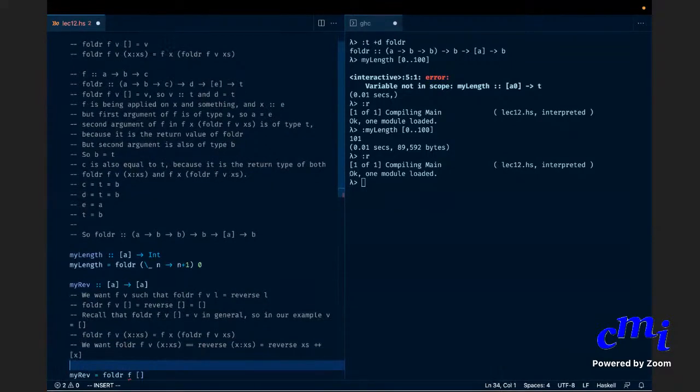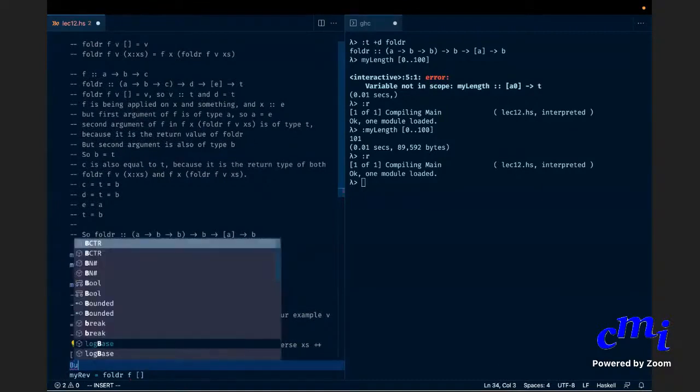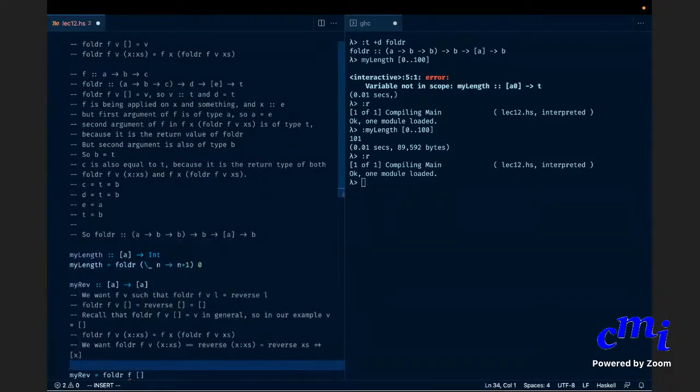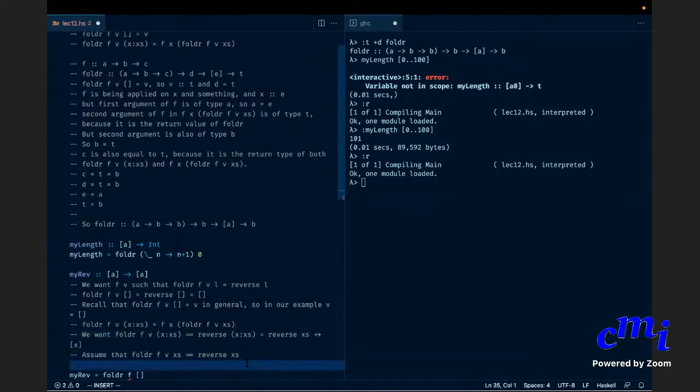Okay, so let's assume that foldr f v xs equals reverse xs. So how do you achieve this equation? From that, we want f x something to equal this.